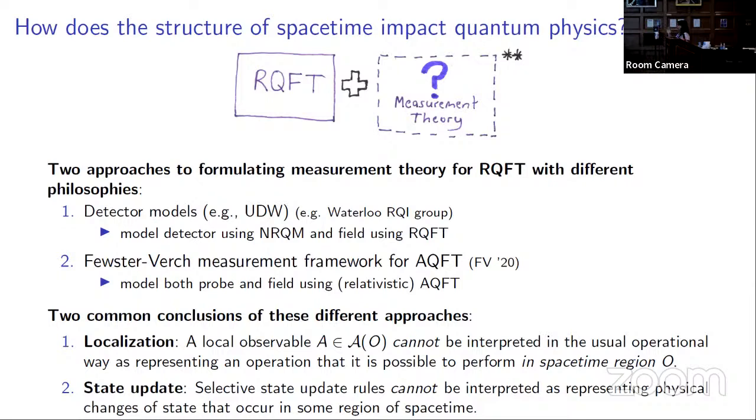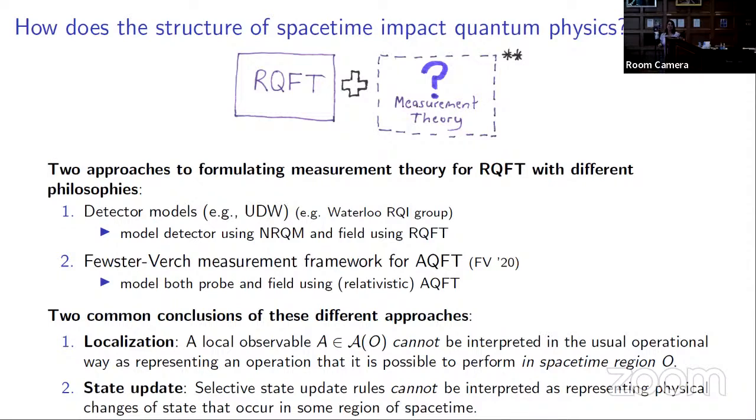Now, the routes to getting to these conclusions are different. The relativistic ingredients and quantum field theory ingredients are very similar, but the conclusions are the same. So if we think back to Nick's talk about what Aristotle said we should think about criteria for what it is to be, so I'll end on a philosophical note. The criteria was to be is to be somewhere, right? So the implication of this is that if to be is to be somewhere, then these physical collapses, these changes of state, are not happening anywhere, so they're not